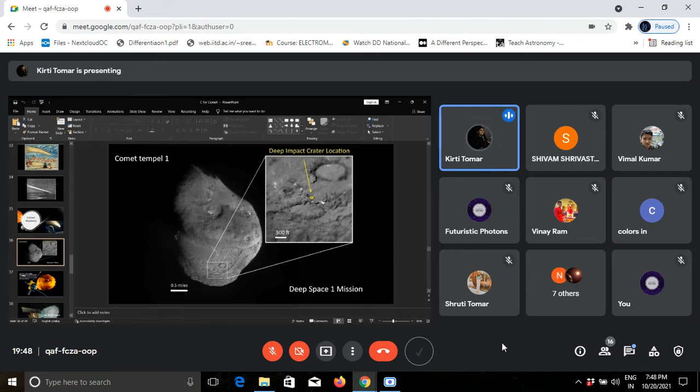NASA's Deep Impact collided an impactor onto Comet Tempel 1 in 2005 and recorded the dramatic explosion that revealed the interior composition and structure of the nucleus. This is Comet Tempel 1, 67 seconds after NASA's Deep Impact spacecraft crashed onto the comet.